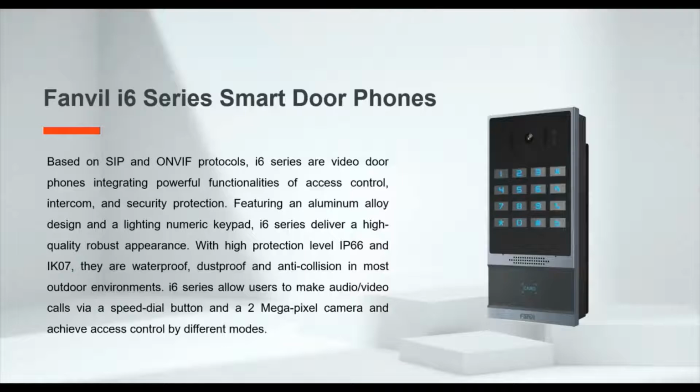This is one of 4 different models. This is the i64 model that we've shown here. This is one of the units that we're going to give away. And the great thing about this is it contains a keypad along with an RFID reader. The good news is that all 4 of these units comply with a lot of the